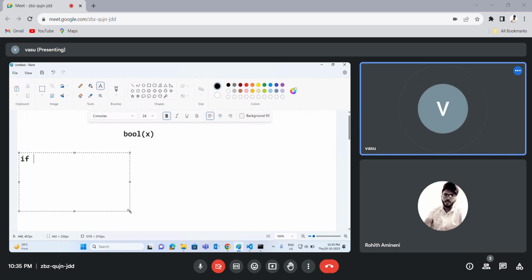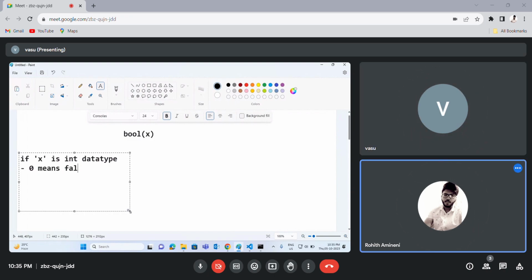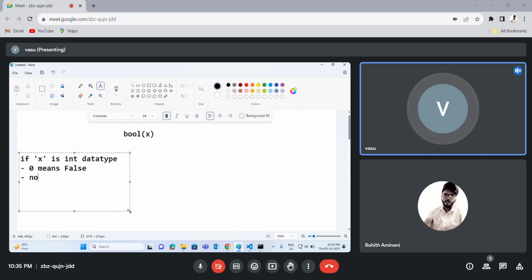Bool x. In this bool x, if x is into data type, x is into data type. ఒకవేళ ఇంట్లో అయితే ఏం చెప్తున్నా జీరో ఒక్కటే ఫాల్సా? జీరో ఒక్కటి ఫాల్స్. జీరో కాకుండా ఏదుందా అంటే నాన్ జీరో. నాన్ జీరో అంటే ఏమేమి వస్తాయి? మైనస్ ప్లస్ అన్ని కదా. Non-zero means true. That thing will know. Next,